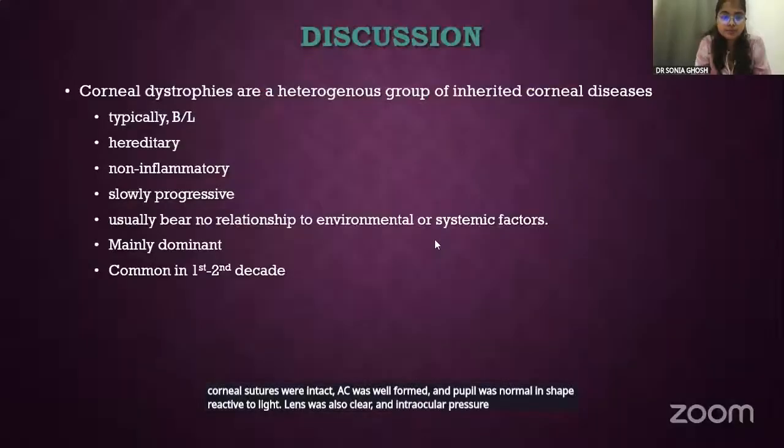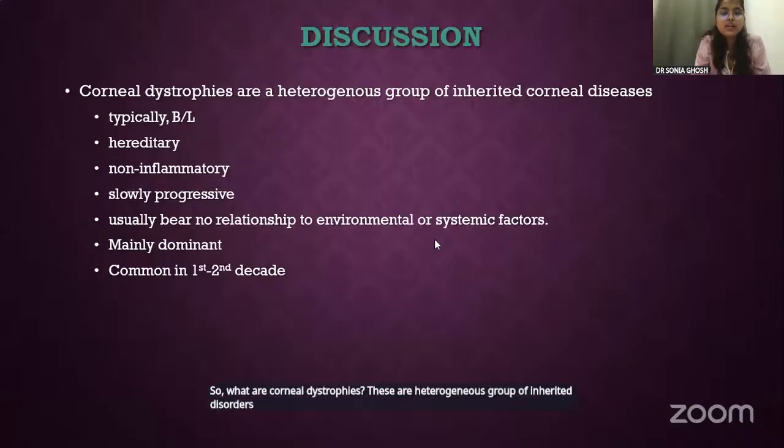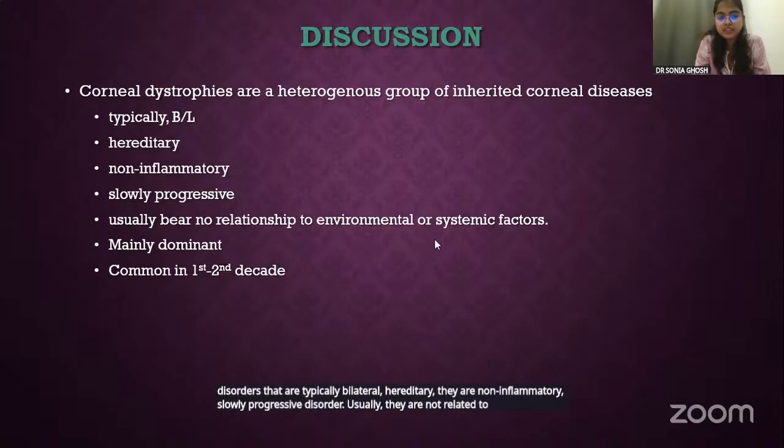Was 18 millimeter of mercury. So what are corneal dystrophies? These are a heterogeneous group of inherited disorders. They are typically bilateral, hereditary, non-inflammatory, slowly progressive disorders. Usually they are not related to any environmental or systemic factor, mainly dominant, and they are common in the first and